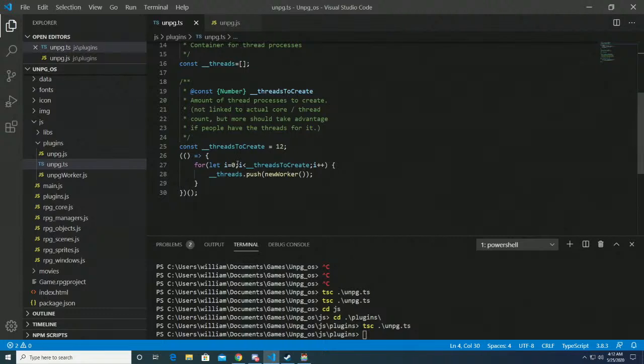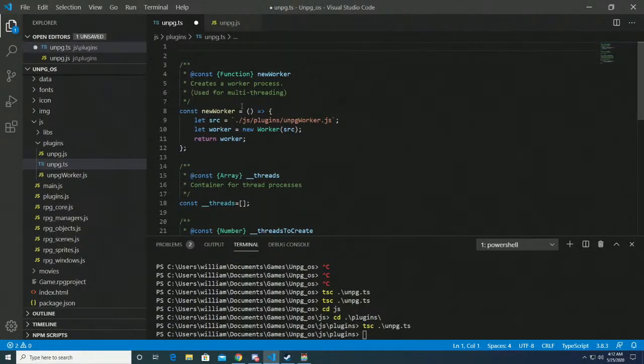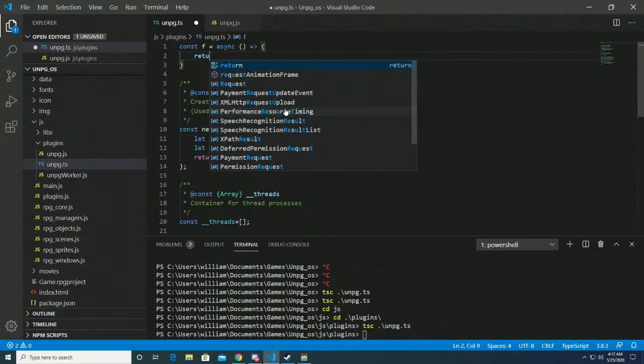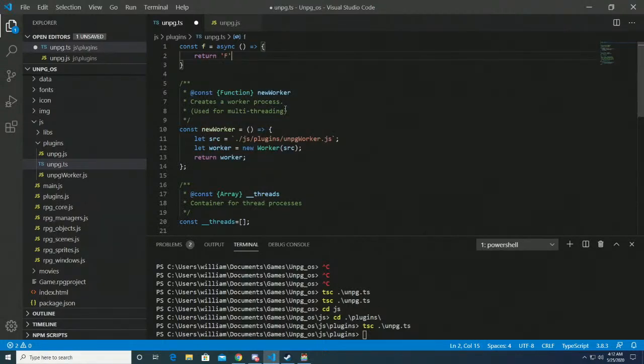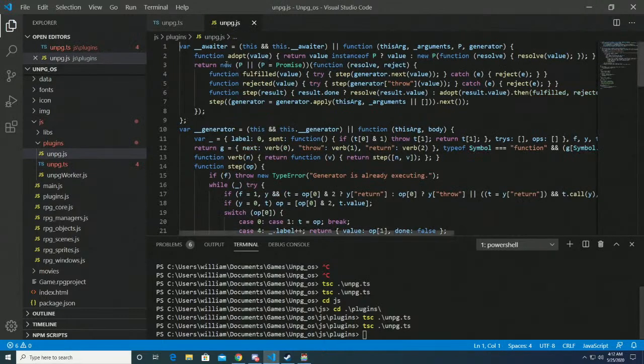What was I even talking about a second ago? Oh yeah. So with TypeScript, if we do this, const f equals async, return. F for respects. If we do this and then we compile it, you'll see it creates a sort of